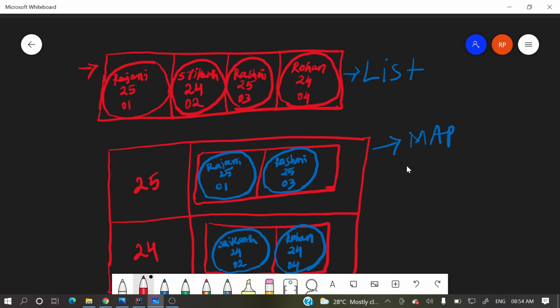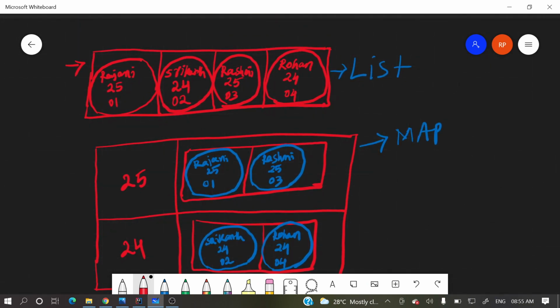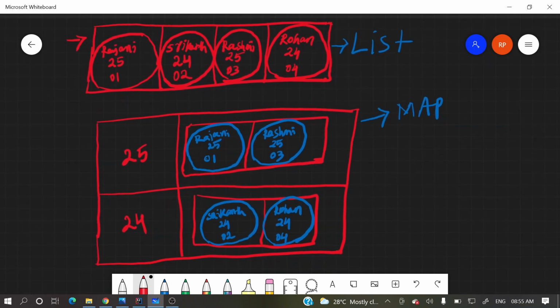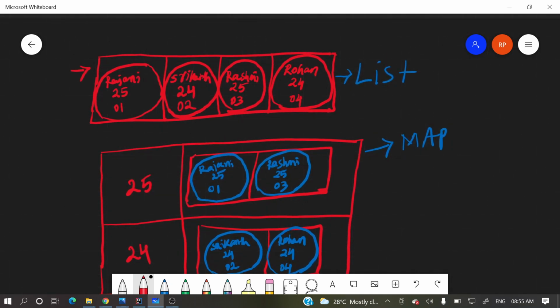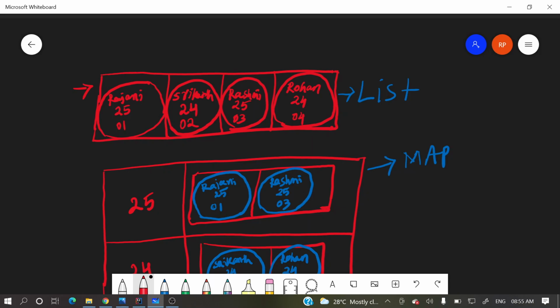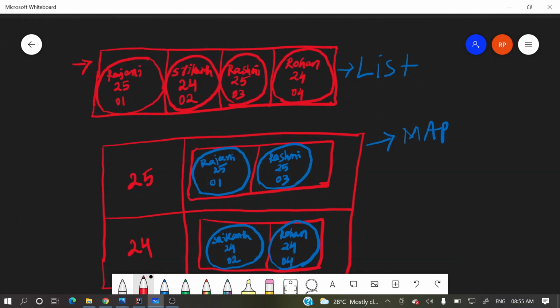I have already drawn these diagrams so that we reduce some time, right? So what exactly are we going to do in Java? As in SQL we have tables, rows and columns, and we apply group by there. So where does group by fit in Java? We have lists or collections, and we can apply the group by function on a collection.